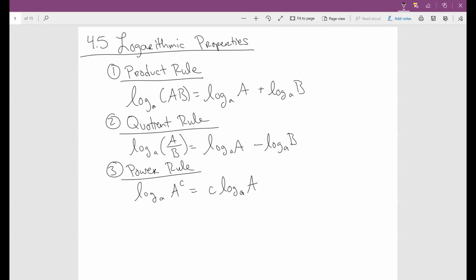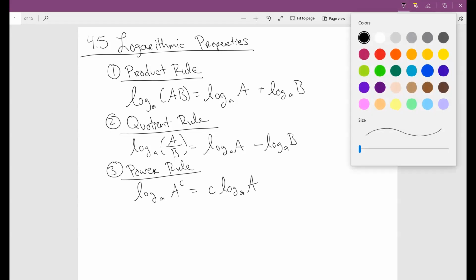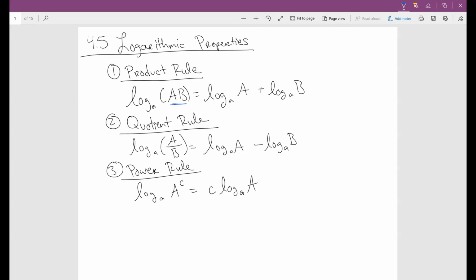The first one is the product rule. What we say is that log base a of AB is equal to log base a of A plus log base a of B. Basically, if you have a multiplication inside of the log, regardless of what this log is, it can be log base 10, ln, natural log, any log, then all you can do is just break them up and have log base a of A and log base a of B, and then this is going to be a